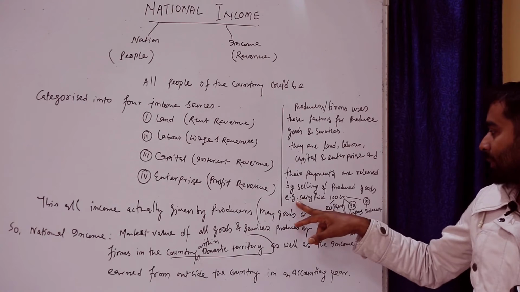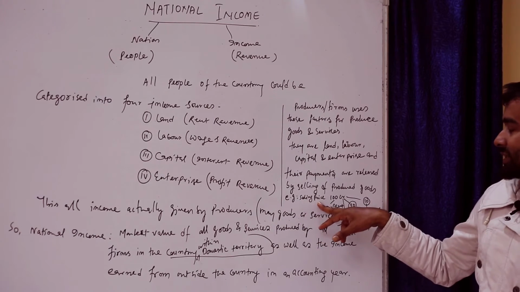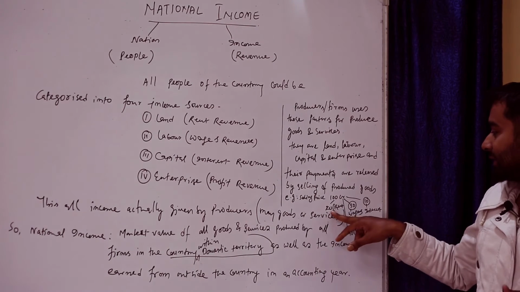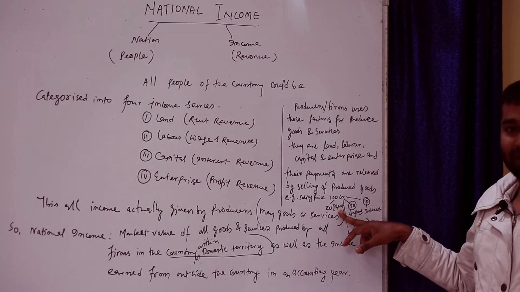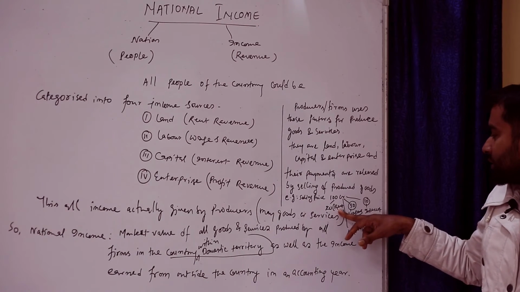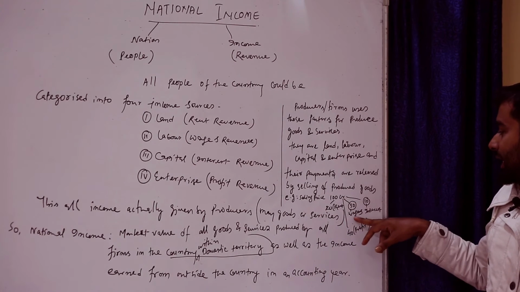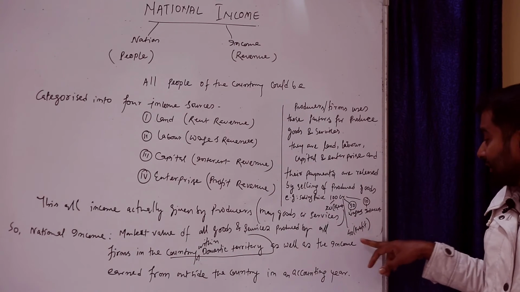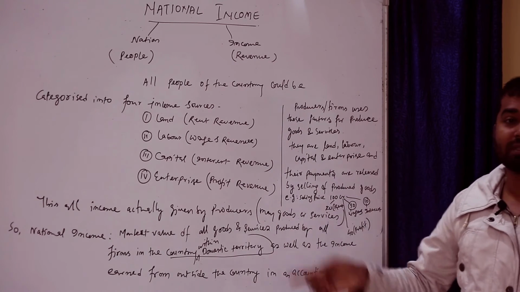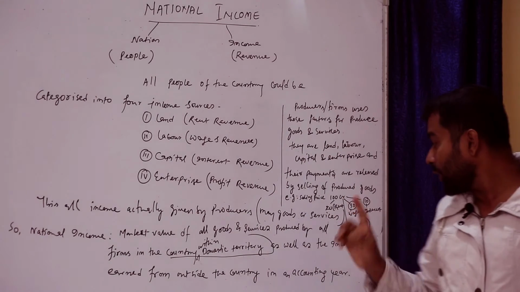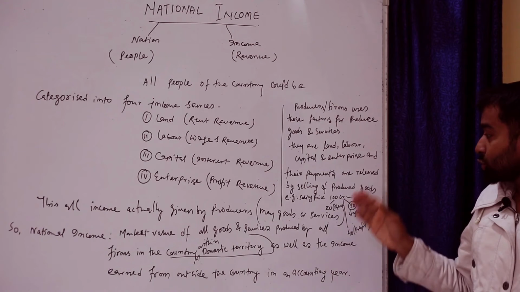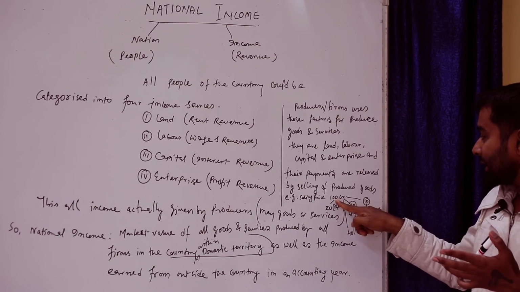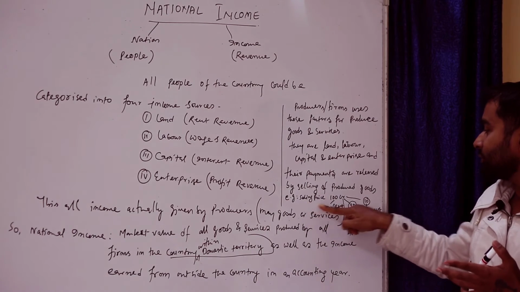Now see that example. The selling price of the goods and services the producer produced is 100 CR. Out of that, 20 CR the producer used for the payment of rent. It is only an example. And 30 CR is taken in the form of wages, 10 CR for the payment of interest, and the remaining 40 CR the producer keeps as profit. So if you add the total amount, it is 100 CR. Indirectly, this is the selling price of goods and services.